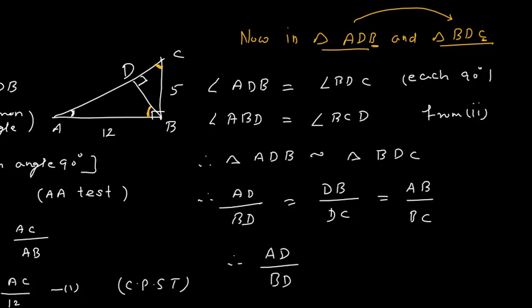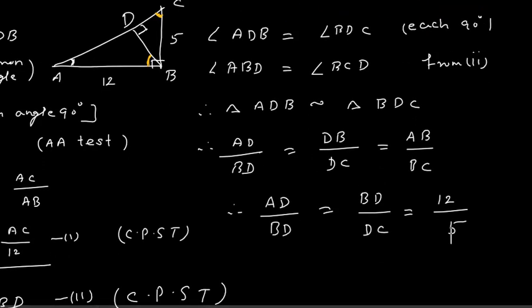AD upon BD is equal to value of DB, DB means BD, so value of BD upon value of DC, again this DC is unknown, is equal to value of AB, which is 12, upon value of BC, which is 5. So AD upon